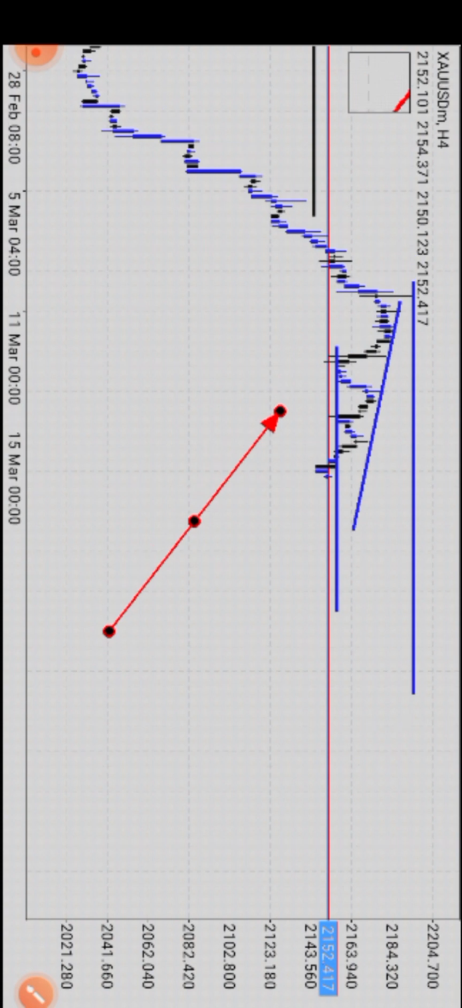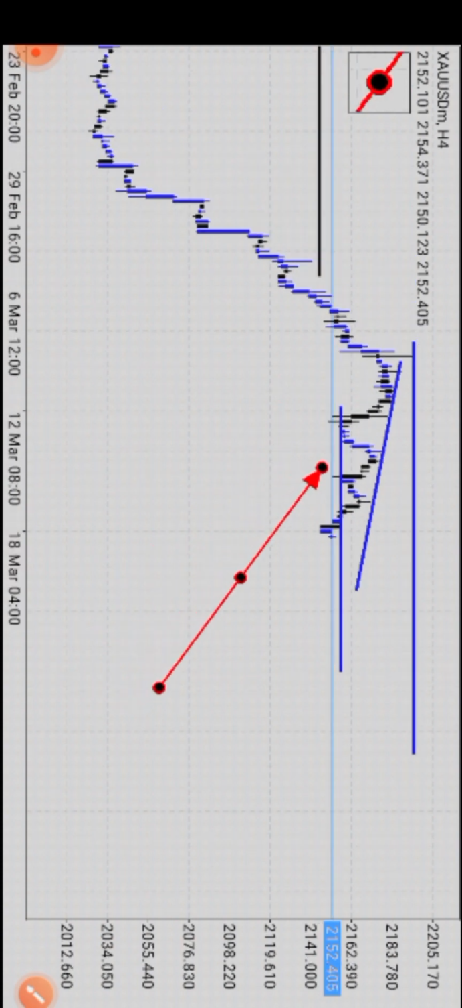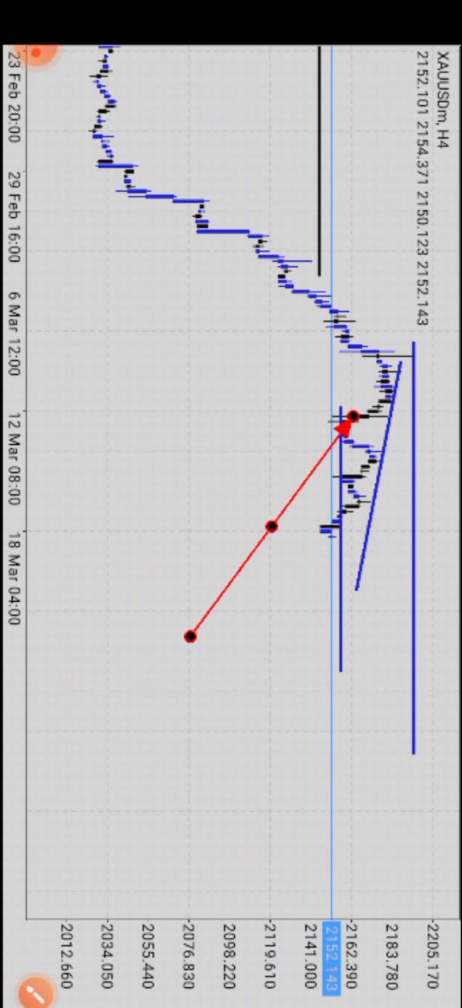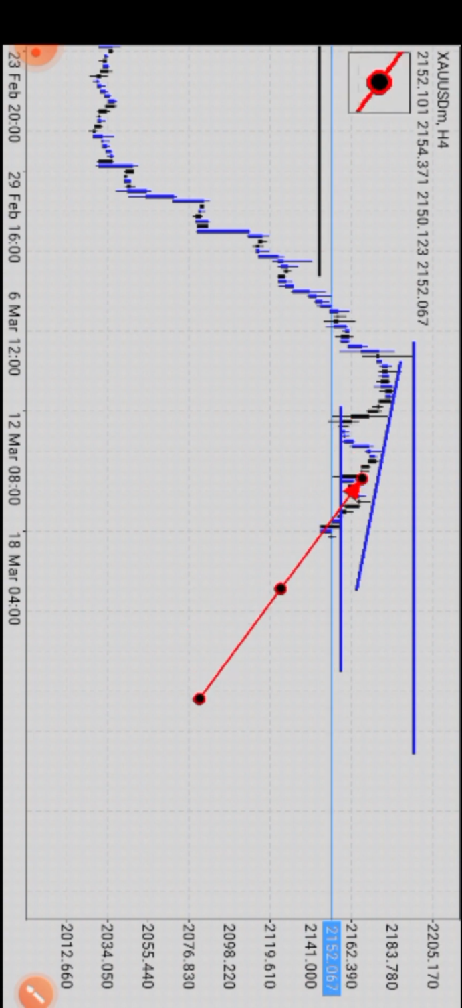So when you go to H4, you can see we have already had a change of character to the downside. That means we are just selling the pullback on daily. I'll repeat it. We are just selling the pullback on daily. And as price is just dropping down, it is